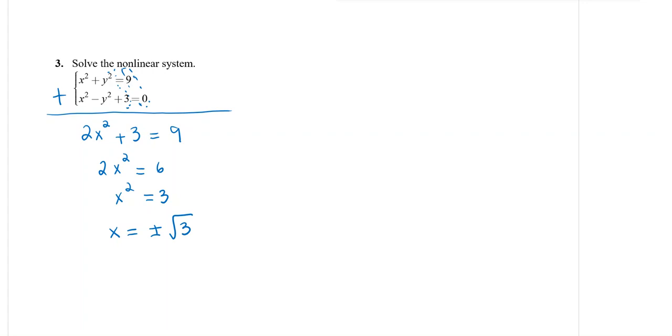Now that we have x, we have to use one of those original equations to get the value of y. I think that first one's easier. It has fewer terms, and they have all pluses. It's easier to work with. So we will go to the equation x squared plus y squared equals 9. And first see what happens when x is square root of 3. If I plug in square root of 3 for x,